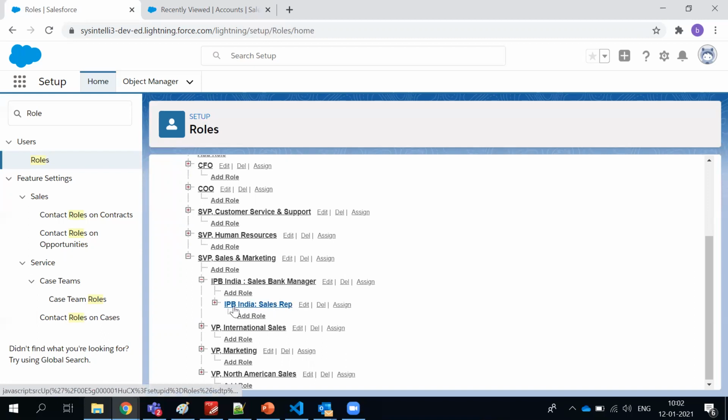So in this case, when we get the requirement, we have to think and create the roles. The data won't be straightforward. You won't directly have a manager. By the name only you can assume whether he is a superior or an inferior. So when I say IPB sales rep, I can see here